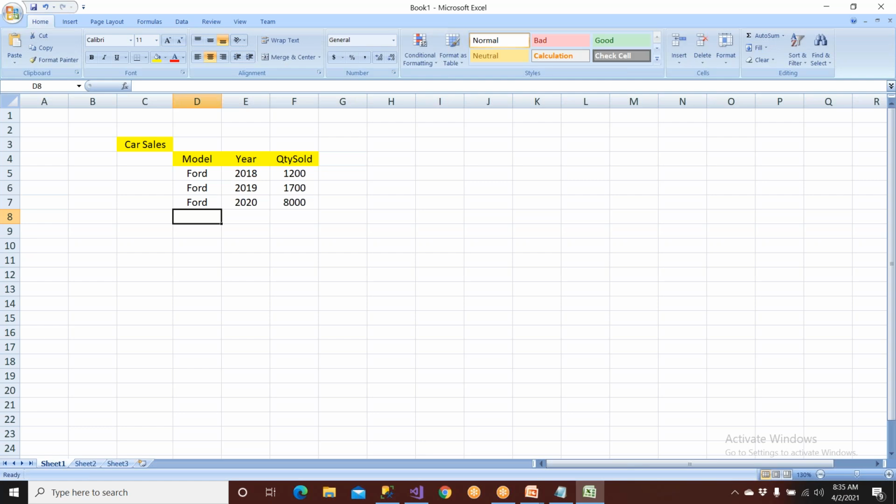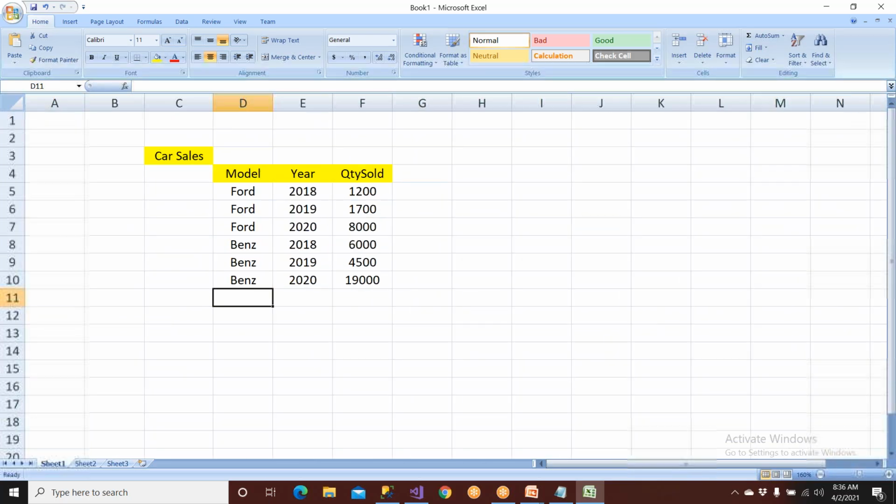Clear? Like that, they have again, Benz car. Let me take a Benz. In 2018, the company sold this many cars, and the same Benz car in 2019, the company sold 4,500 cars, and the same Benz car in 2020, the company sold this many cars. Clear? So this is one report that is available in the table. Clear? What is a table? Table means